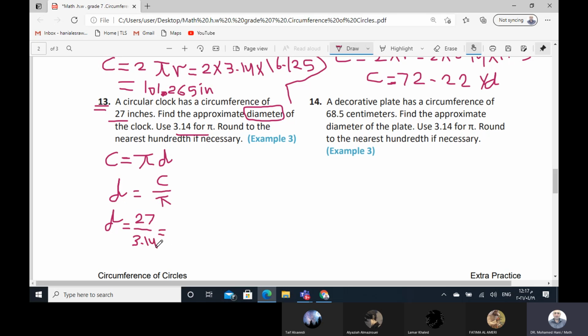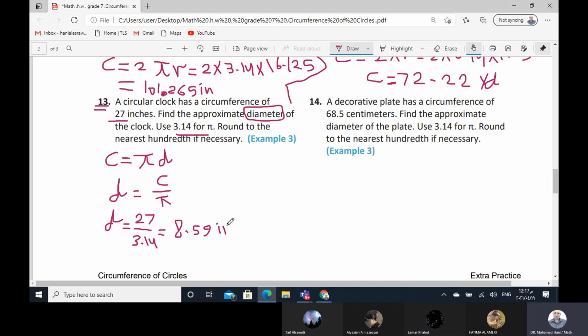Now 27 divided by 3.14, the answer will be 8.59